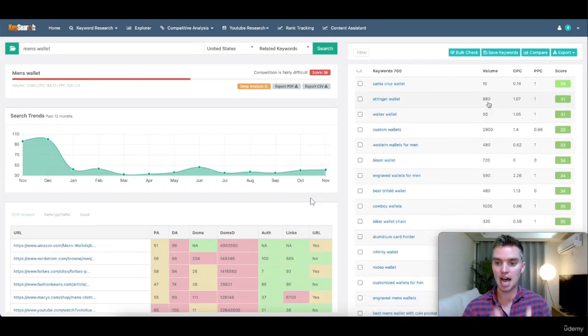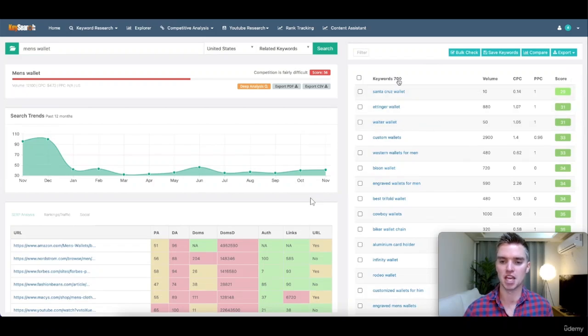And that's basically how many times a certain keyword is searched per month on Google. In this case, Editor Wallet is searched 880 times on average per month over the past 12 months. So we kind of look through, and also, even though we have 700 keywords, most of these keywords you're going